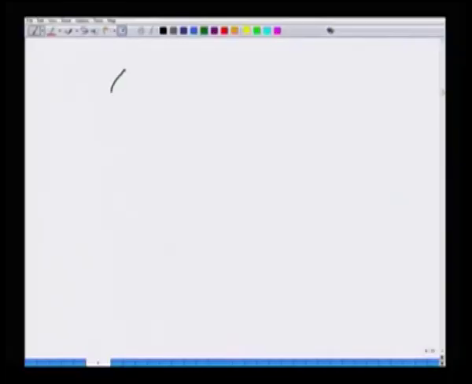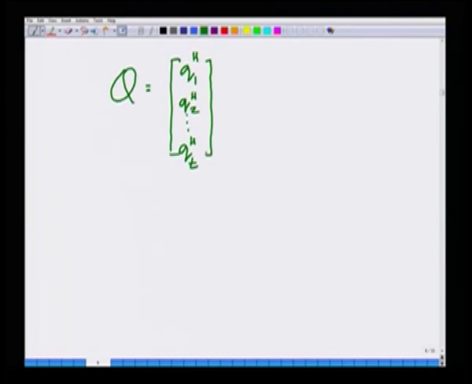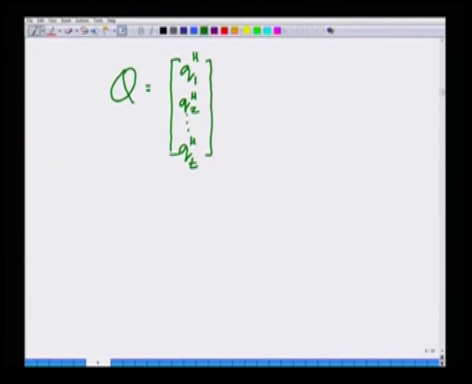Now by definition, let this matrix Q equal, I am going to write this matrix Q in terms of its rows, just for notational convenience. It has T rows because H has T columns. The pseudo inverse of H, that is Q, has T rows. So Q times H is nothing but a T cross T identity matrix. So we know that Q times H equals identity, that is what we know, which implies